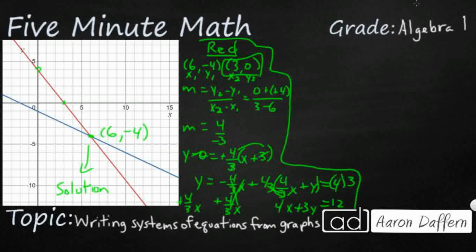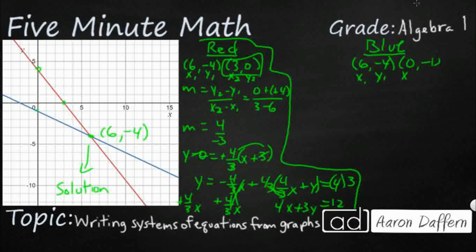Now let's check out what our blue line is. We've already got 1 point right there. That's going to be the 6, -4. And let's see. It looks like we've got a y-intercept right there. So that y-intercept is going to be -1. Easy. 0, -1. That's x1,